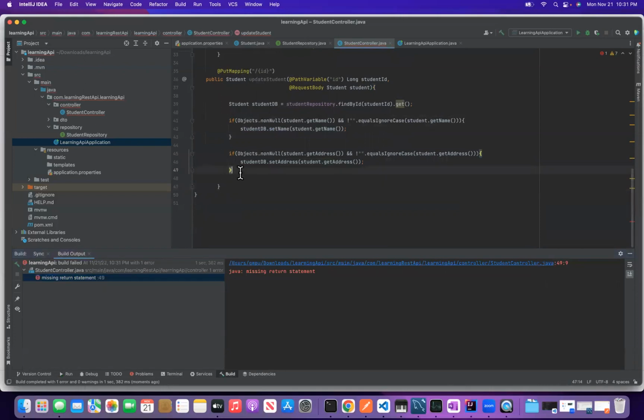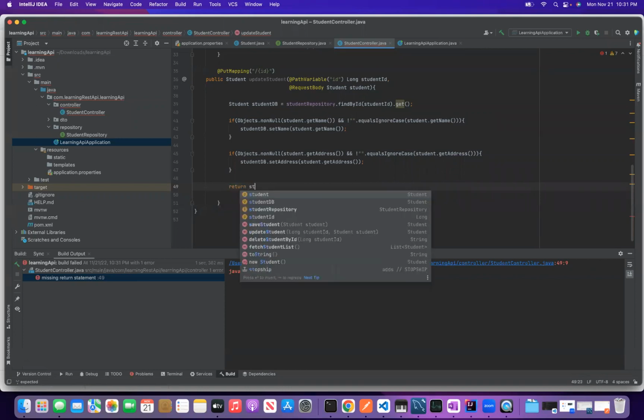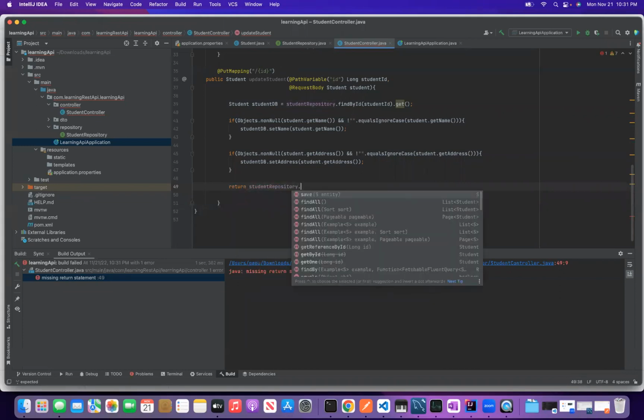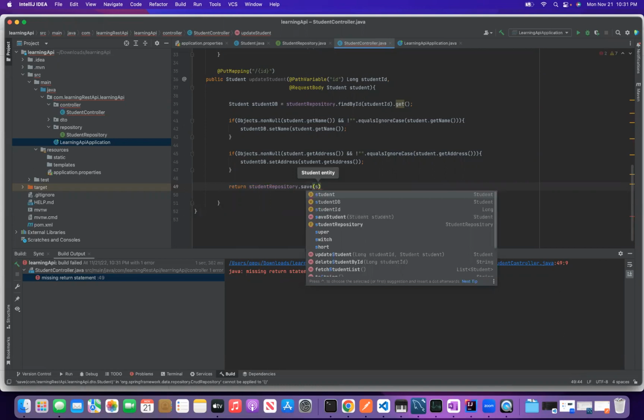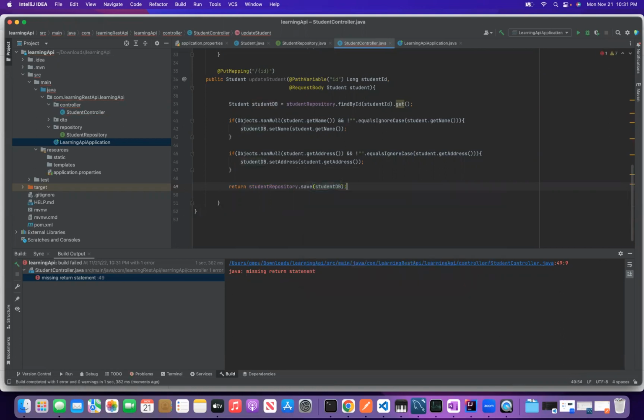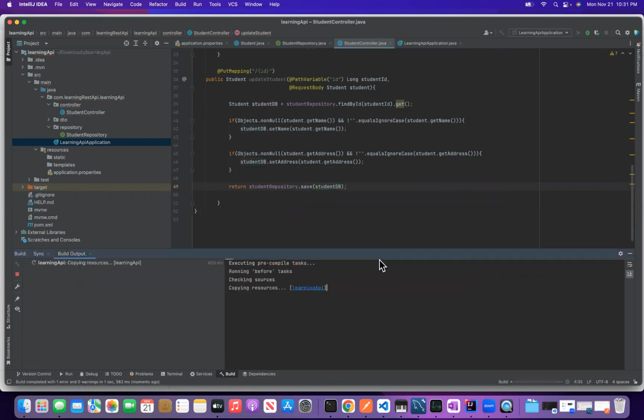Oh, sorry. So we said we're gonna return. So we're gonna save it. All right. So return, save it. The statement is gonna return and save it at the same time. So student repository dot save statement. Now if we run this,